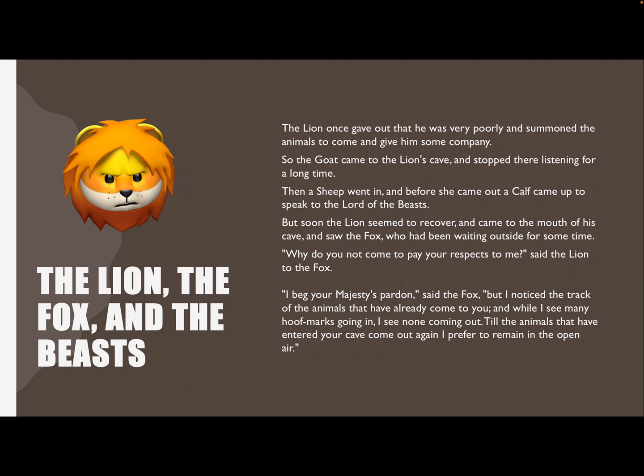So you need to think about your moral. You could do the moral from the point of view of the fox. What is it the fox does that is clever? What are you not supposed to do? You could look at it from the point of view of the sheep. What did the sheep do that he shouldn't have done? You know, who should you trust and who should you not trust? Think about that for your moral.